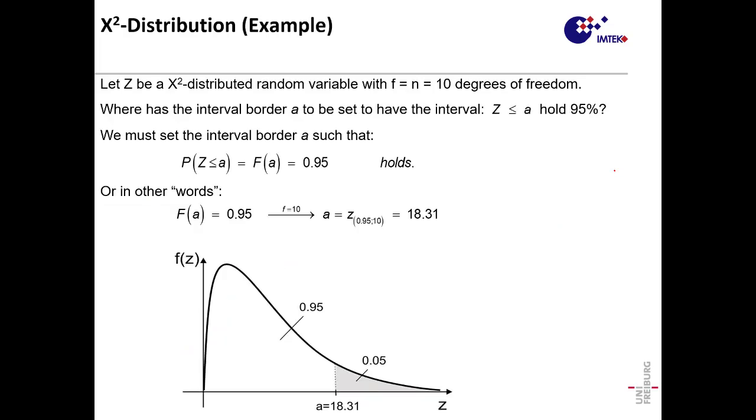So, as with any distribution, you can calculate borders, right? As we always do when we do hypothesis testing, which we are going to use in a few minutes. Let's say that you have a variable that follows a chi-square distribution, and you have, for some reason, 10 degrees of freedom. And then you want to know what is the critical value such that the probability will be